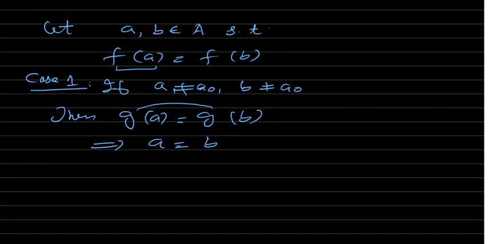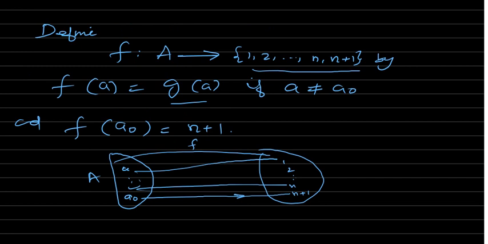अब सेकंड केस अगर आप लोगे a अगर a नॉट के बराबर होगा सपोज, देन और b अगर b नॉट के बराबर नहीं, देन दिस इज नॉट पॉसिबल, या तो दोनों a नॉट के बराबर होंगे या दोनों a नॉट के बराबर नहीं होंगे. दिस इज द ओनली केस, दीज आर द ओनली टू केसेस. अब देखिए, अगर मैं बताऊंगा कि ये जो है a नॉट के बराबर है और b a नॉट के बराबर नहीं है, a अगर a नॉट के बराबर है, उस केस में f ऑफ a नॉट जो है वो n प्लस 1 है, ओके. और b अगर a नॉट के बराबर नहीं है, तो b का जो f वैल्यू है